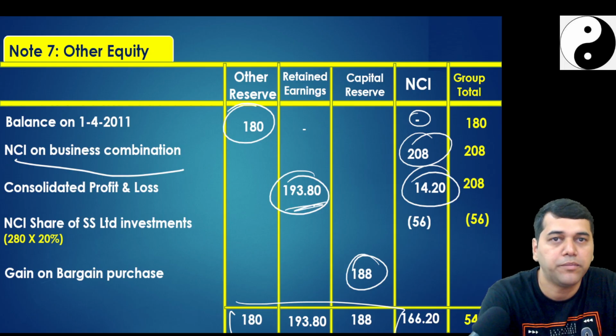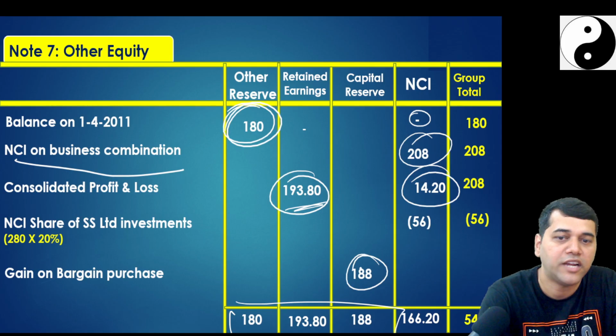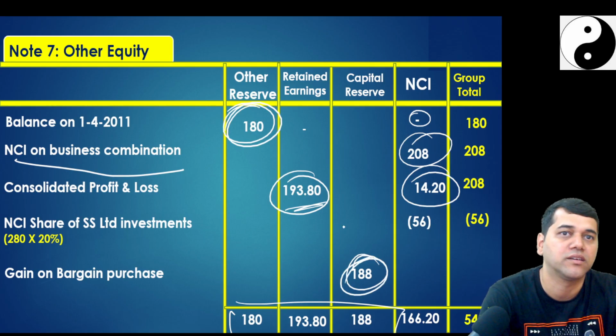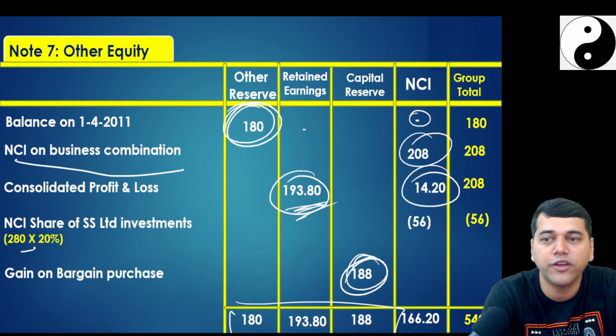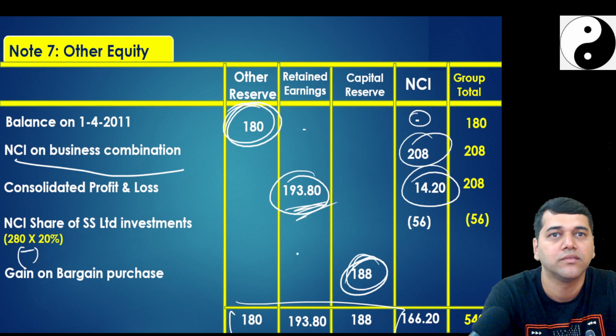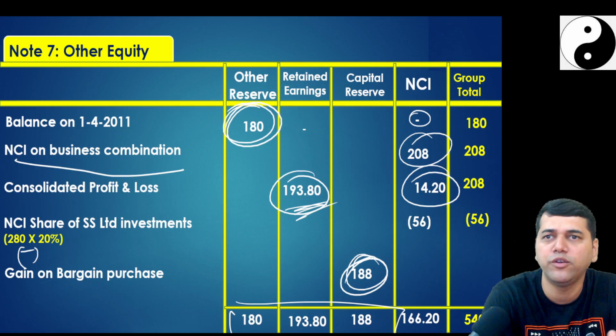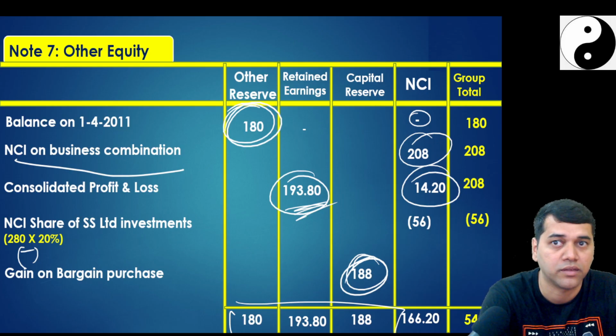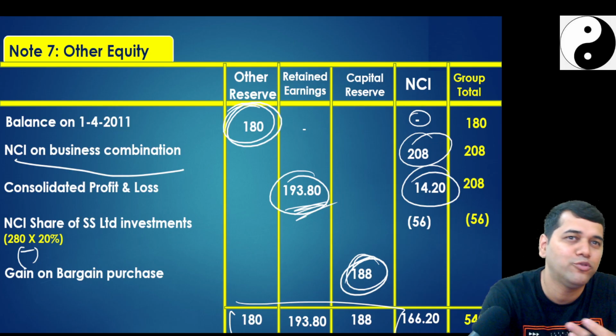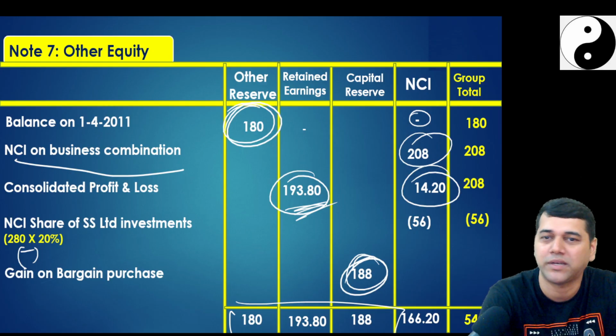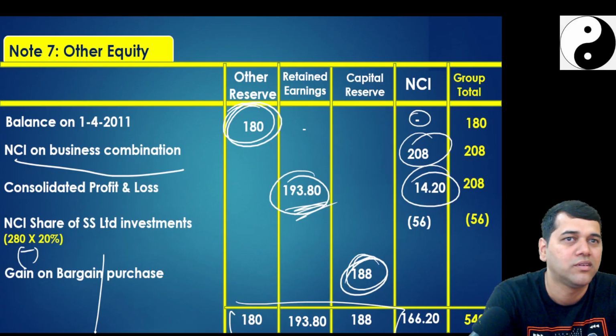193 breakup, if you want, go to other equity, remove 180 and remove 188 and just add everything. You get 198. If dividend was there, remove dividend also because dividend you would have presented separately. Then add everything. You get 193. This is what we have been doing. This is what I have been telling you from the beginning. Chalo, worst case, you give something what they are expecting. Only 1 mark will go. No?